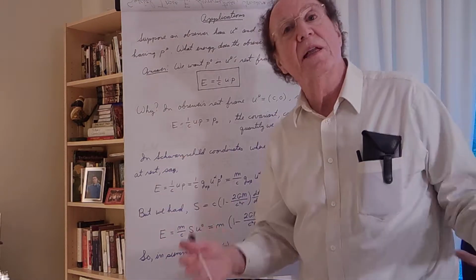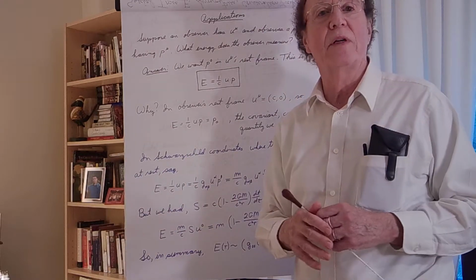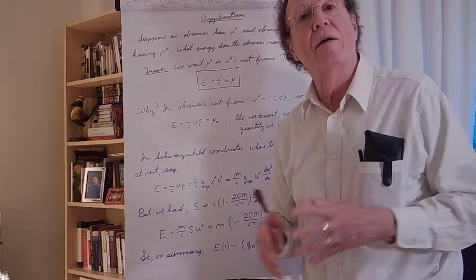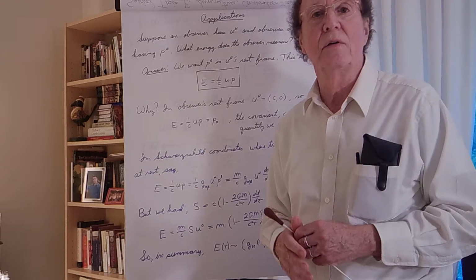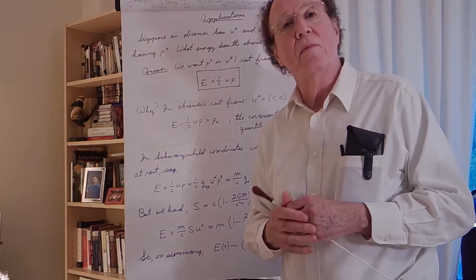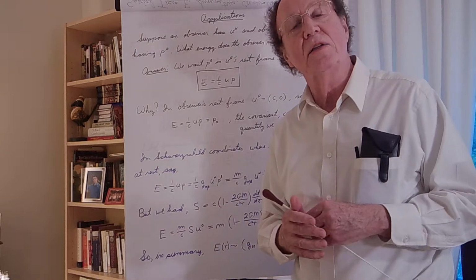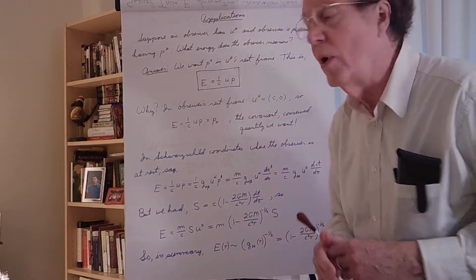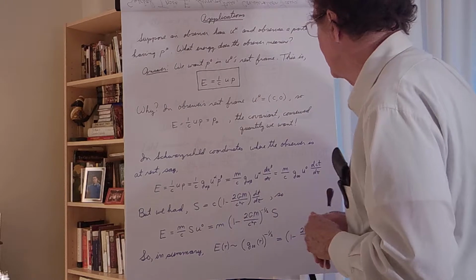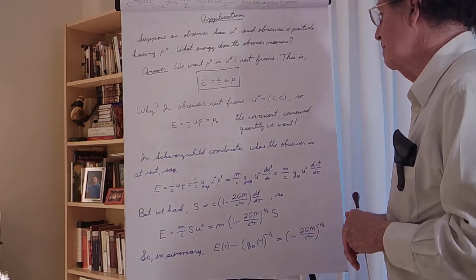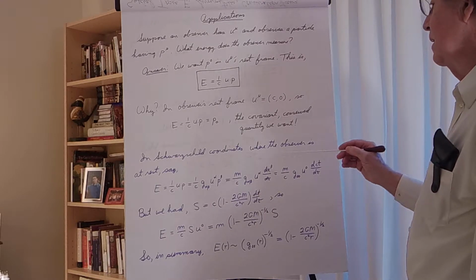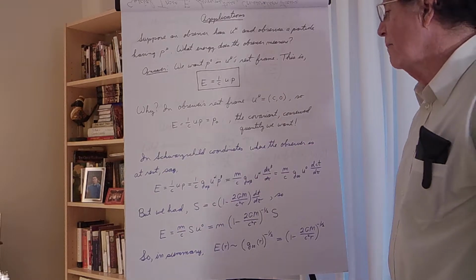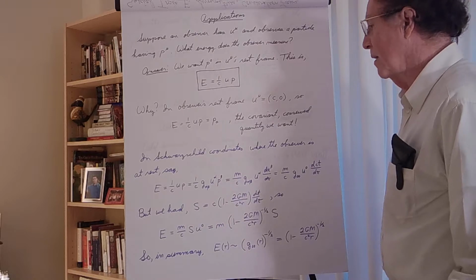I don't explicitly have to boost into the frame in which the particle is at rest. I can just calculate the scalar product, and I can do that in any frame I want to. And you've seen when we did collisions and applications in special relativity how handy it was to use relativistic invariance. Okay. So for example, in Schwarzschild coordinates, we might take the observer at rest at a particular r value,